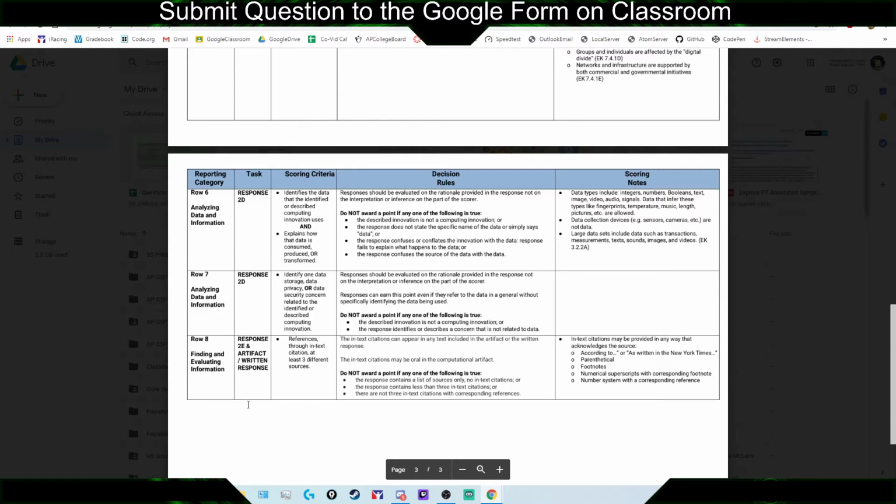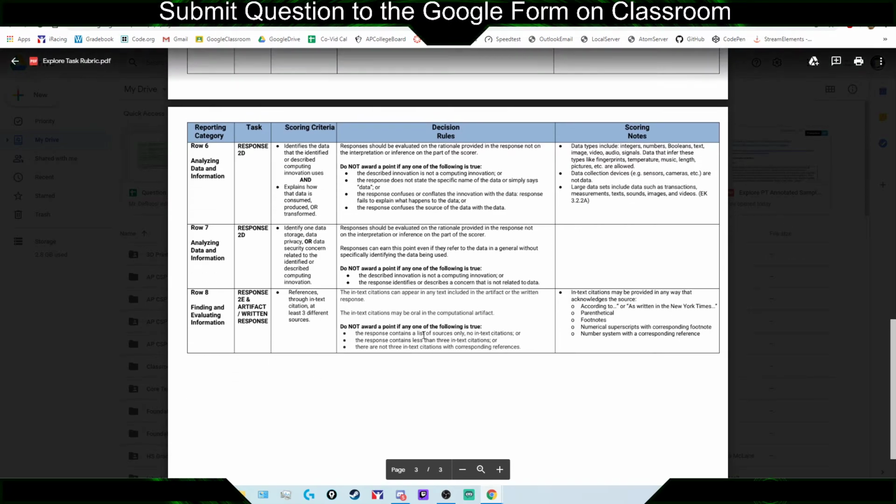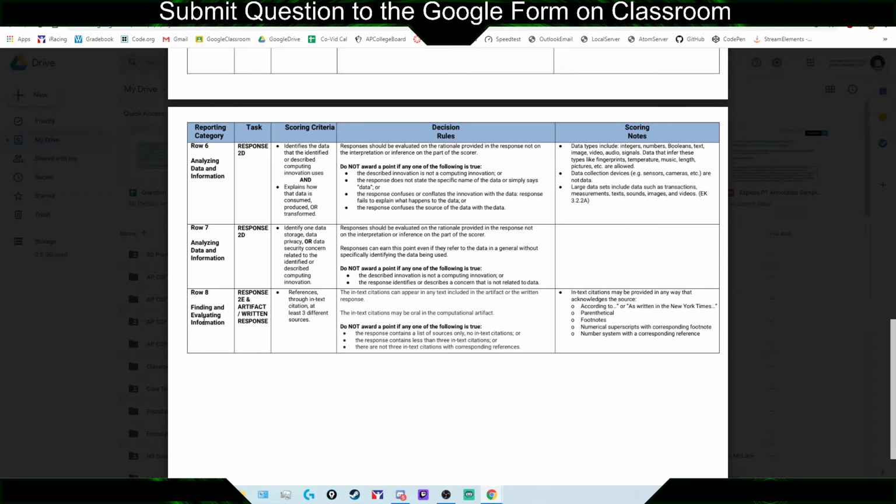Like I said, it's great if your topic is also your number one hobby, but it's more important that you are choosing a topic that it is possible for you to answer or satisfy all of the rows for the rubric. And then row 8 is about your references,